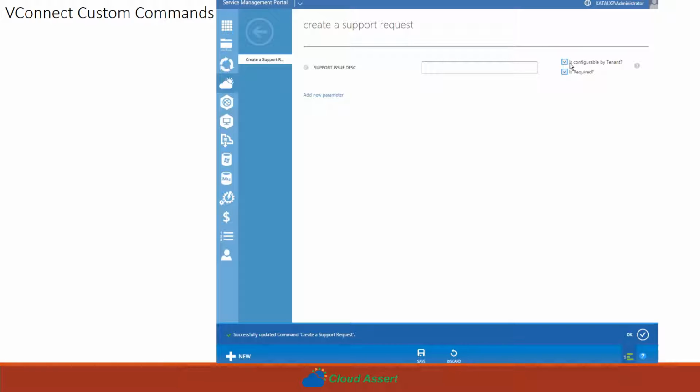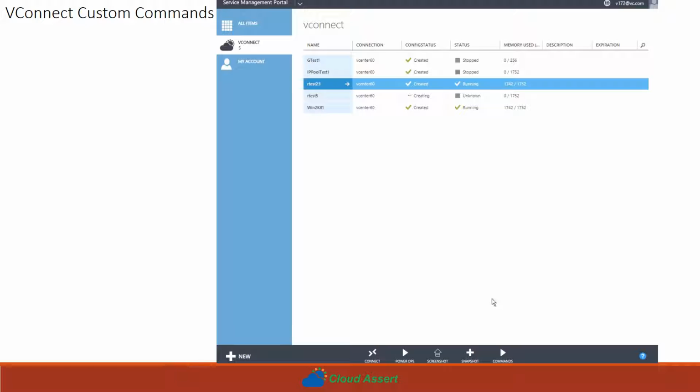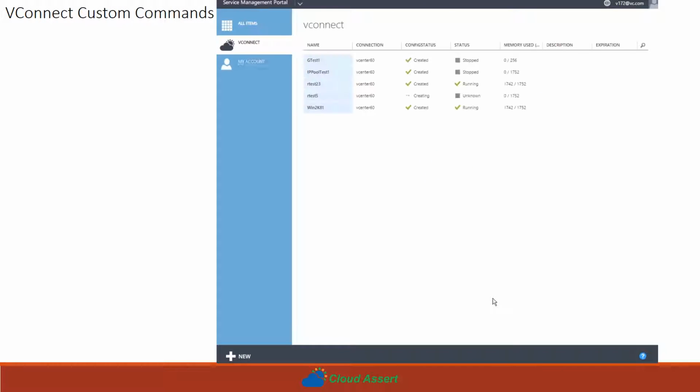So you need to select is configurable by tenant and is required for sure. So this parameter appears in the tenant portal. So now we have saved it. Let's switch back to the tenant portal and refresh the page to get the new